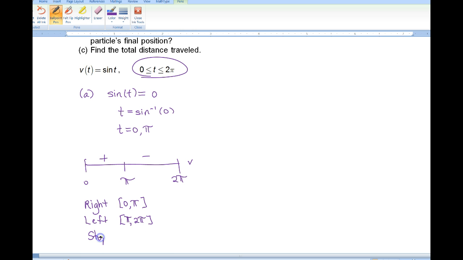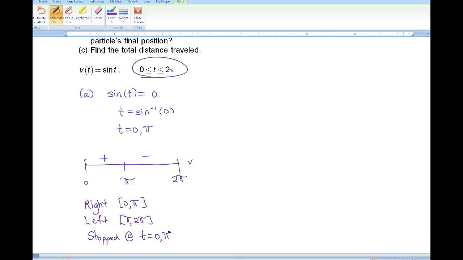And where is it stopped? Be careful here, there are 2 points, right? 0 and pi. Are we good with part A? It's just like the last one, but instead of a linear function, we had a trig function. So the order is set it equal to 0, make a little number line, figure out where it's positive and